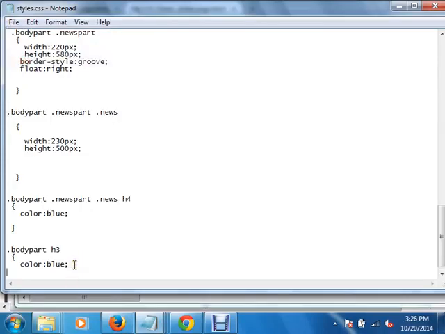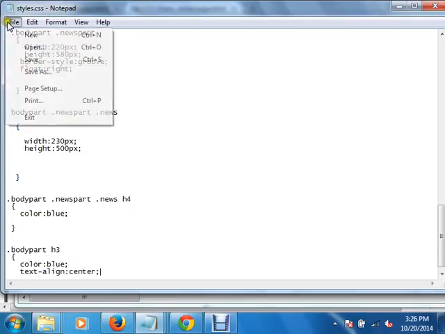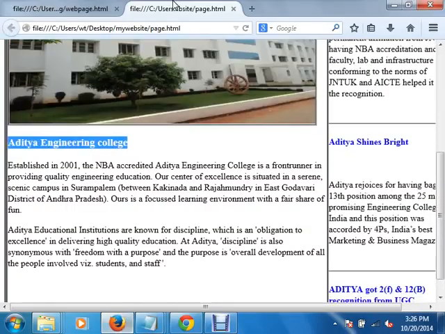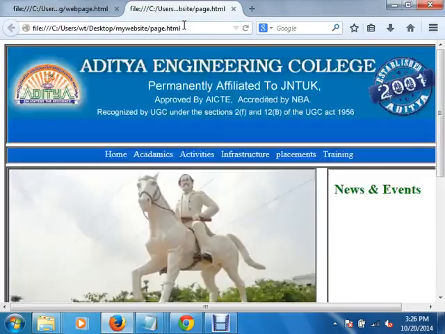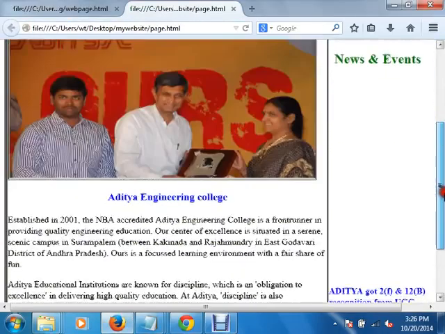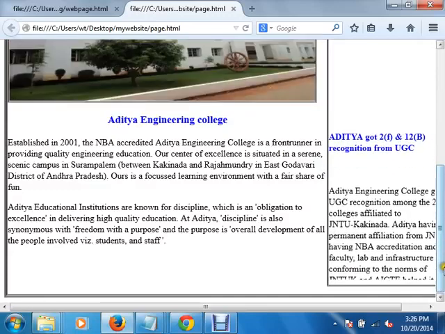Color blue and text align, not align. Okay, the body is also finished.